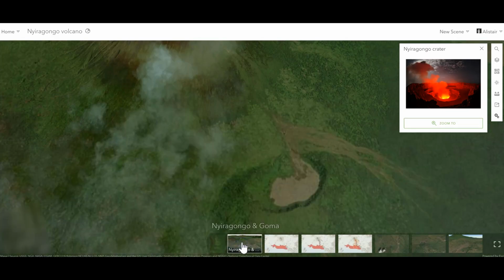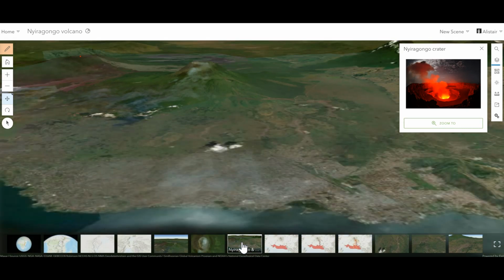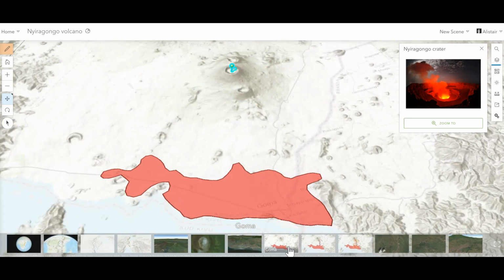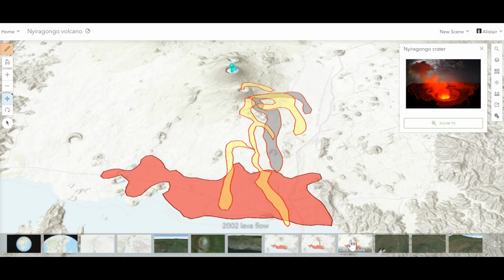And then we see one of the reasons why it's so dangerous is because the volcano is very, very close to the city of Goma. And sadly, Goma has experienced the eruptions and the lava flows that come out from this. The lava tends to flow very fast because of the topography, at first it'll come down very, very quickly. It's a low silica content lava, so it tends to be very, very fluid and not very viscous. It will flow fast. So 1979 was one of the recent lava flows that affected the city, but in particular